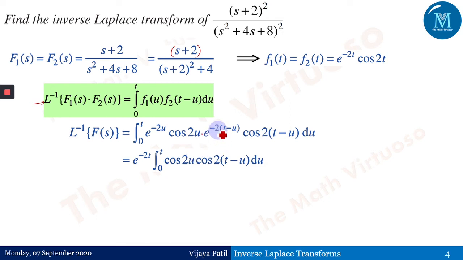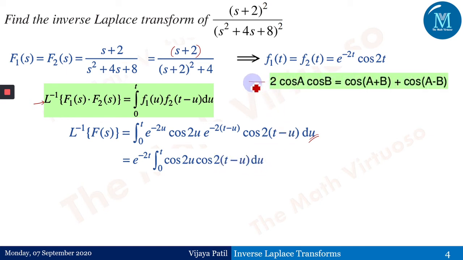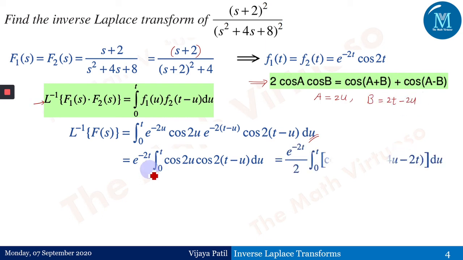Now again, e to the power minus 2t would be a constant with respect to this u variable. This is e to the power minus 2u, e to the power plus 2u will go off from here and will remain here with cos of 2u into cos of 2 times t minus u du. Again, the formula will come into existence here, that is 2 times cos a into cos b equals cos of a plus b plus cos of a minus b, where in the present case a is 2u and b is 2t minus 2u, and therefore this 2 will come to the denominator,